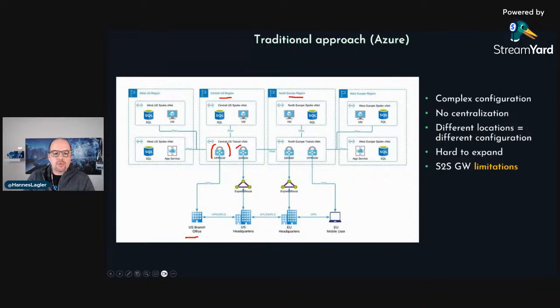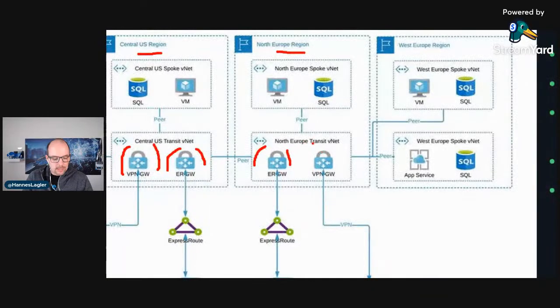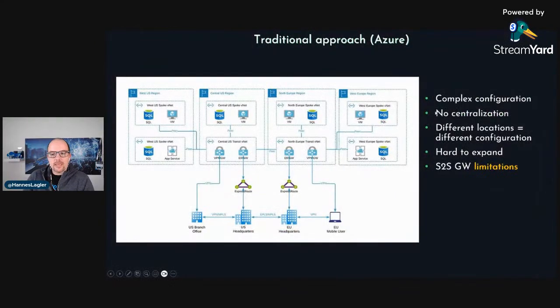We have an ExpressRoute gateway and a separate gateway for the headquarters in the US, and the same in North Europe with two gateways. The problem here is it's really complex to configure because we don't have a centralized pane. We don't have a single pane of glass where we can configure the VPN gateway in Europe and the VPN gateway in the US.